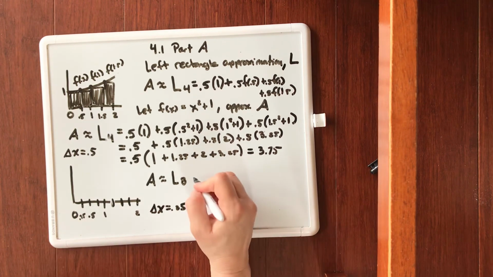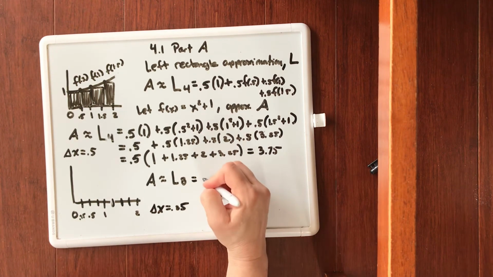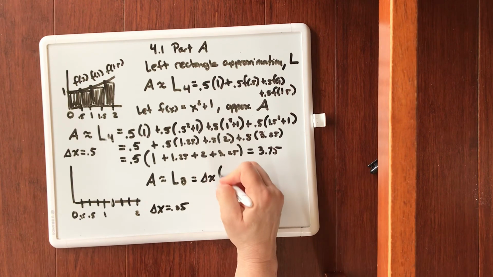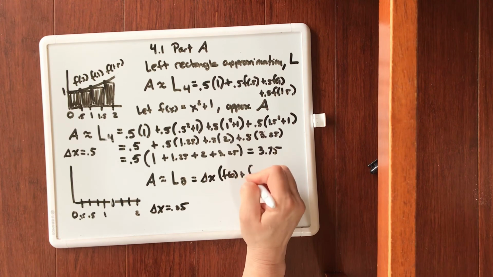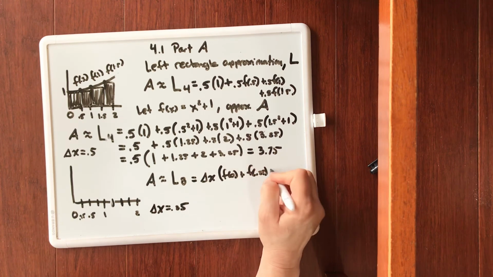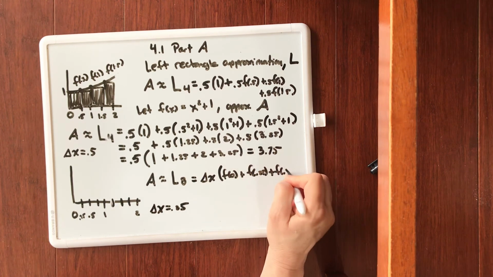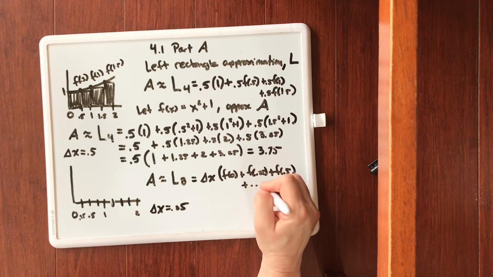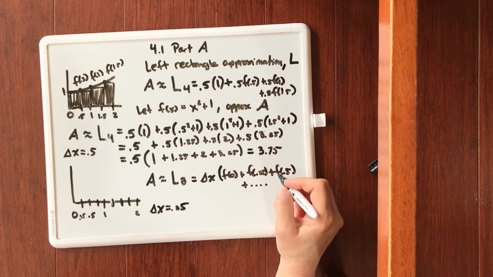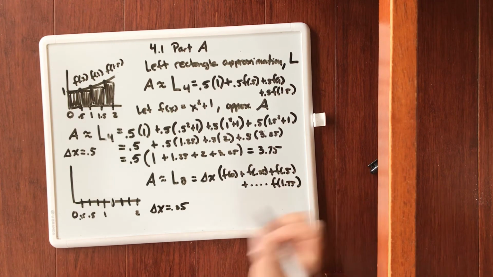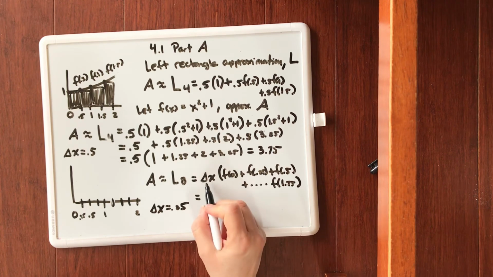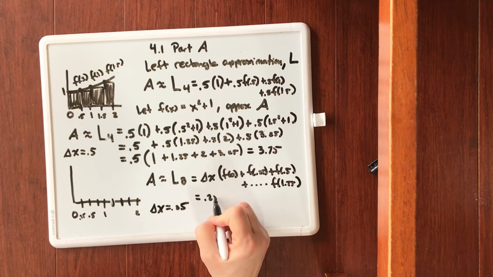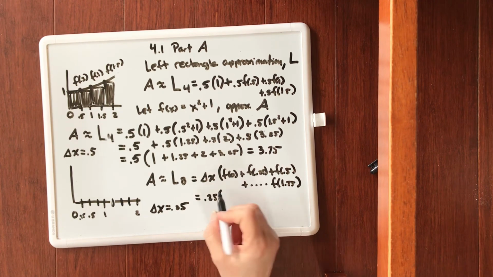Okay, so this would look like delta x times f of 0 plus f of 0.25 plus f of 0.5 plus dot, dot, dot. We're not going to write those all out. F of 1.75. Okay? So what this would look like is delta x is 0.25 times all of this inside,